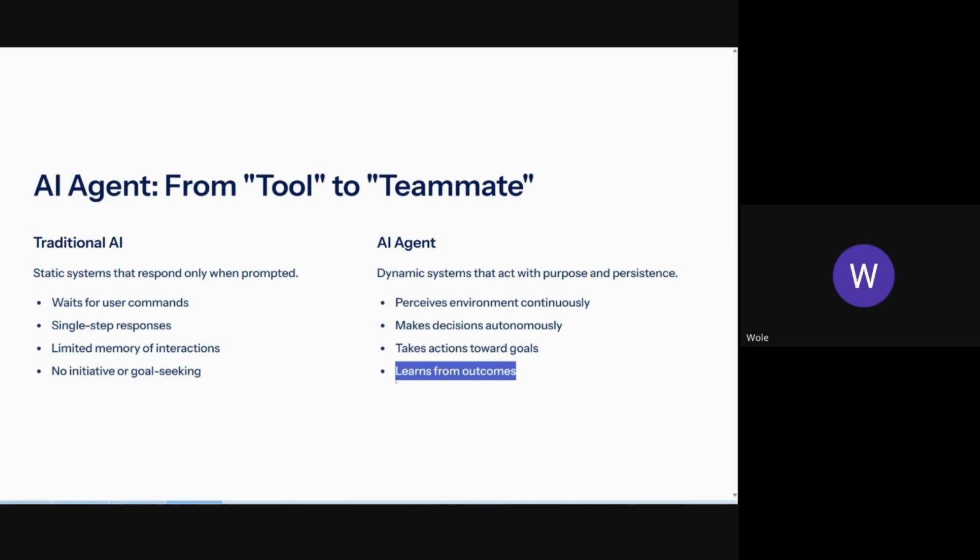So the memory implementation in AI varies, and I know I haven't shared it, but there's documentation that I was supposed to share on resources that explain the different types of memories that agents have. You have short-term memory and long-term memory implementation in AI, and I will share that later this evening. Then we also have AI making the decisions here, and also the ability to perceive the environment